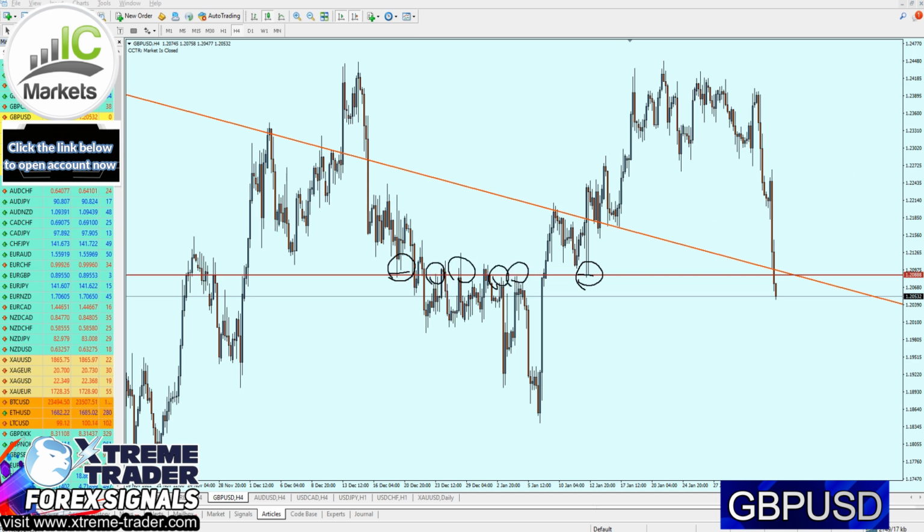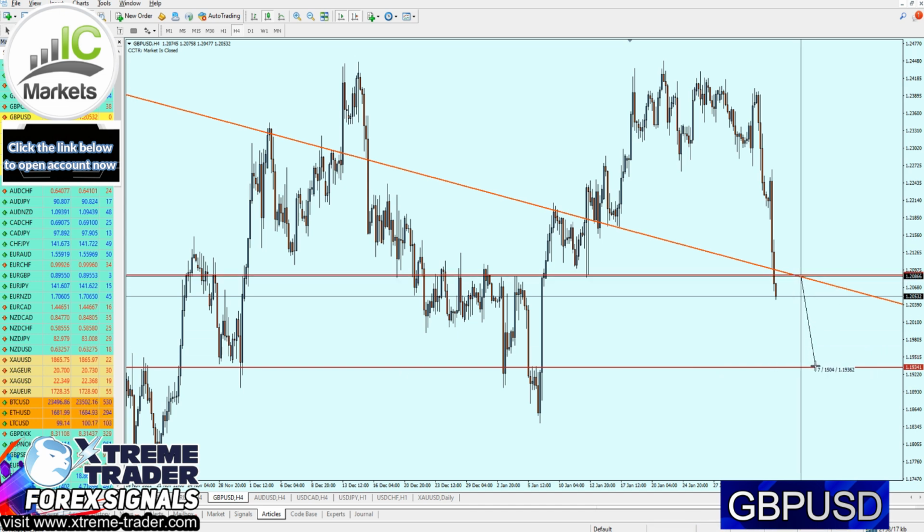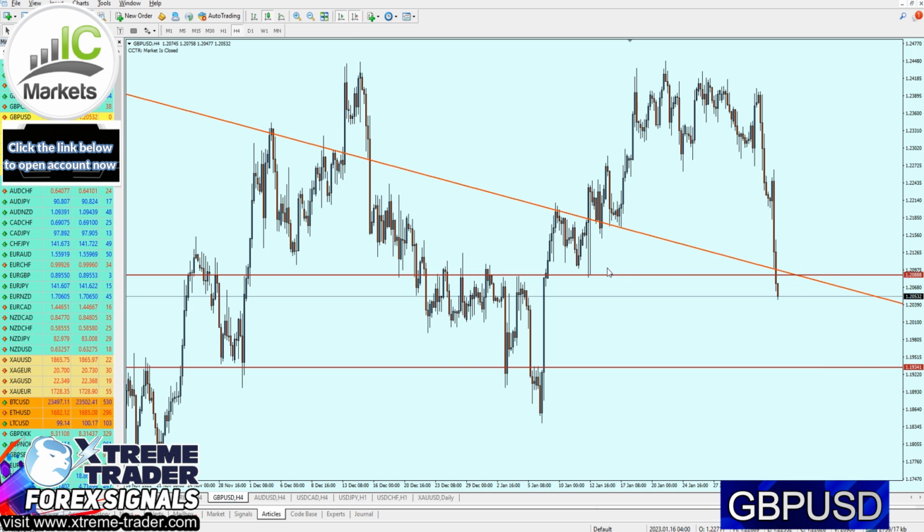a strong resistance, which means we have to wait for the pound USD to rise for about 37 pips before we can start shorting it. If we do that, the target has to be right here, the nearest strong key support level to the entry at 1.19341, which means we are actually aiming 150 pips profit from this signal.